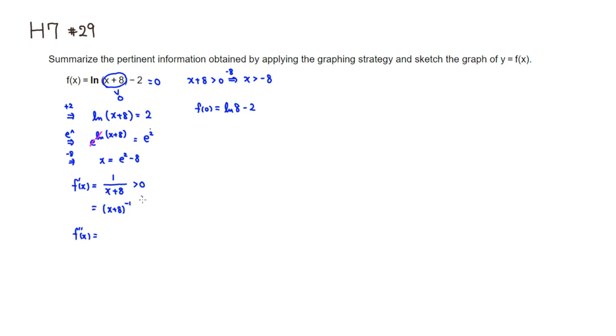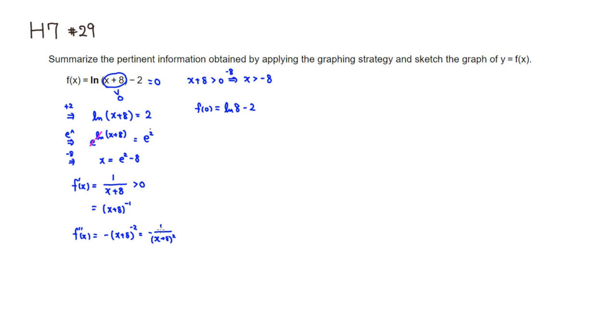Put a negative sign in front, x plus 8, and subtract 1 from the power, so it's -2. Multiply by the derivative inside, which is 1, so I'm not going to write that. So this is going to be simply -1 over x plus 8